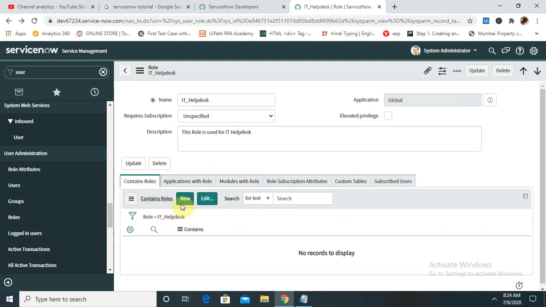Whatever rule is available for this IT help desk role, that is also possible. Custom tables is also available if you want to add it. Role subscription attributes are also there, and if this group is associated with any other group, that is also very much possible. So based on this requirement, if you want to update at any point of time, you can update it just by clicking on the update tab. If you want to delete this group, definitely it would be possible.